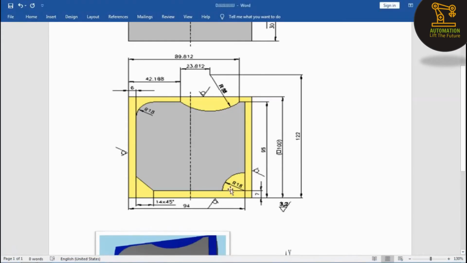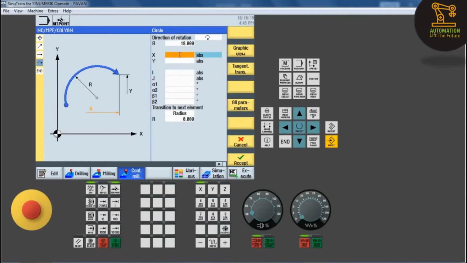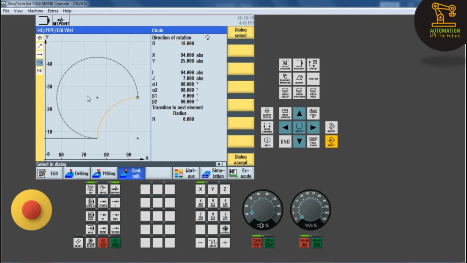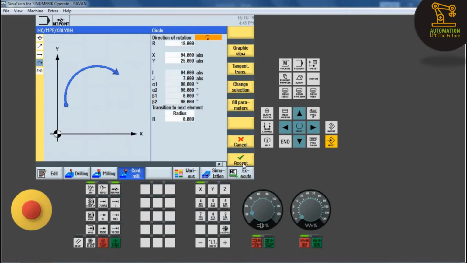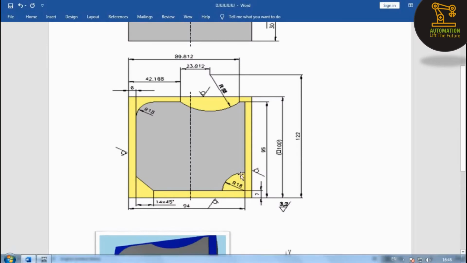In x from the reference position we have 94, so give x 94. In y 25, so dialog select, and then dialog accept, and then click on accept,